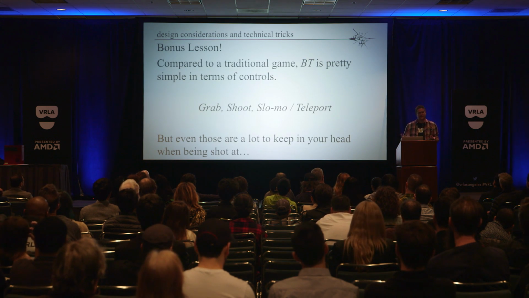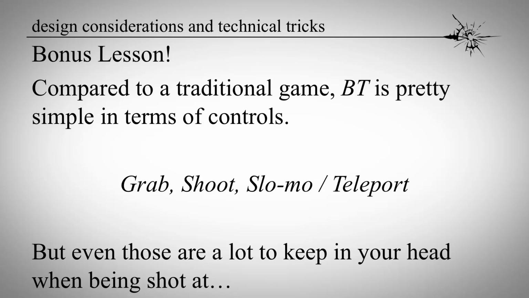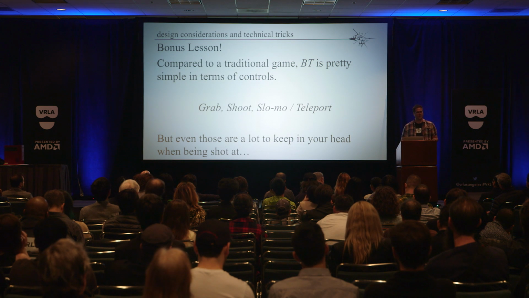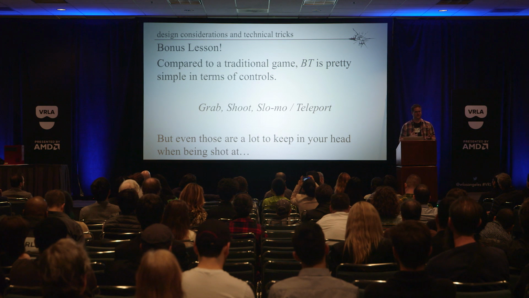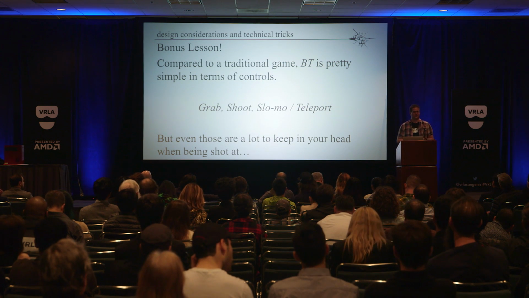We didn't think it would be very confusing because the gameplay loop in Bullet Train is super simple. All you can really do is grab stuff, shoot stuff, and do the slow-mo and the teleport. So we figured four actions was manageable for people. But trying to keep track of so many buttons was actually kind of overwhelming, especially since people don't have that intuitive feel of the controllers. This was a lot of people's first time using the Touch controllers. It's not like an Xbox or a PlayStation controller that people have instinctual muscle memory on.